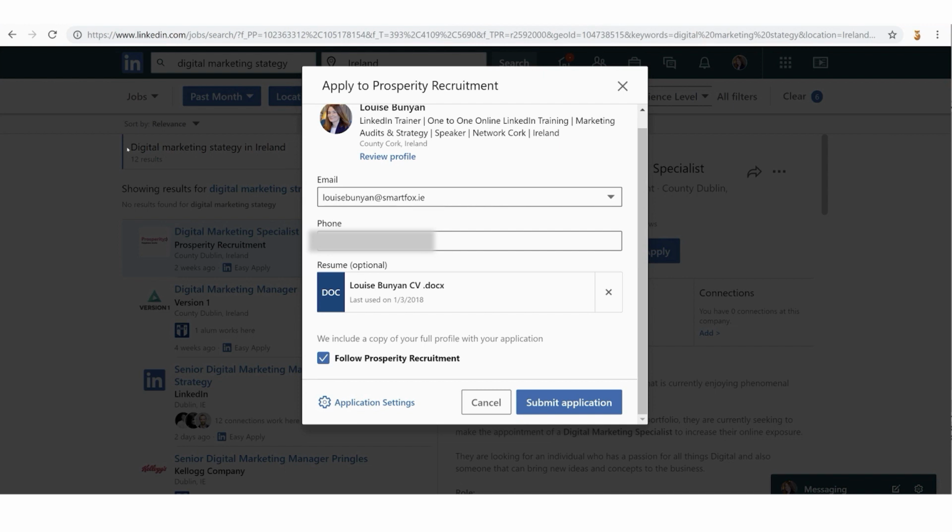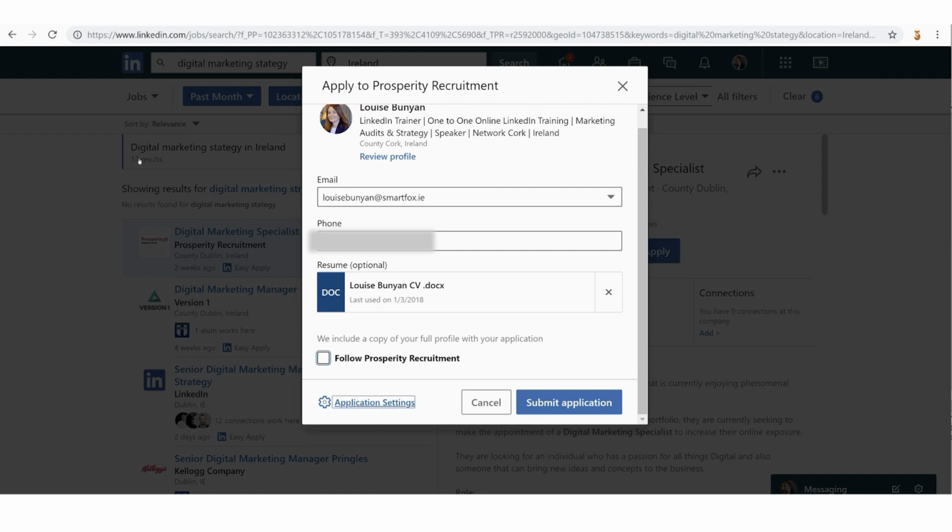So what you can do is you can choose to leave that ticked, and that means that you automatically, by default, are following their company page on LinkedIn, which means that if they post any bit of content, that will appear immediately on your newsfeed. So actually, that can be quite a good way to monitor jobs and monitor company news and developments. But if you don't want to, you just untick that button, and then you're not following their company page.